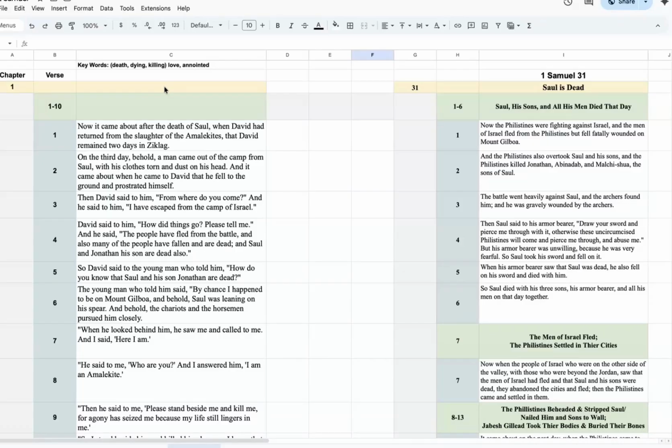And he said to him, "I have escaped from the camp of Israel." David said to him, "How did things go? Please tell me." And he said, "The people have fled from the battle, and also many of the people have fallen and are dead. And Saul and Jonathan his son are dead also." So David said to the young man who told him, "How do you know that Saul and his son Jonathan are dead?" And the young man who told him said, "By chance I happened to be on Mount Gilboa, and